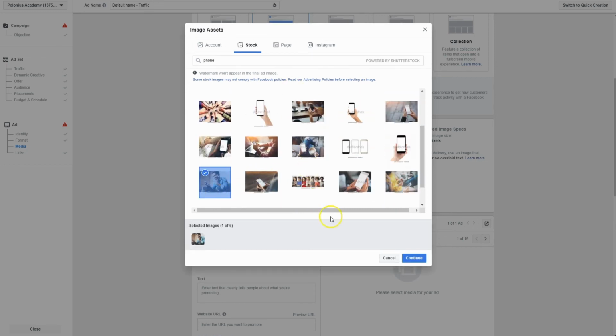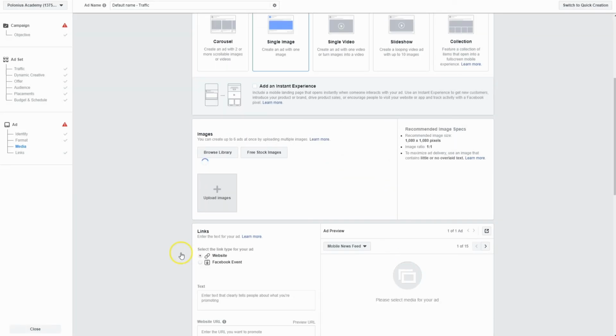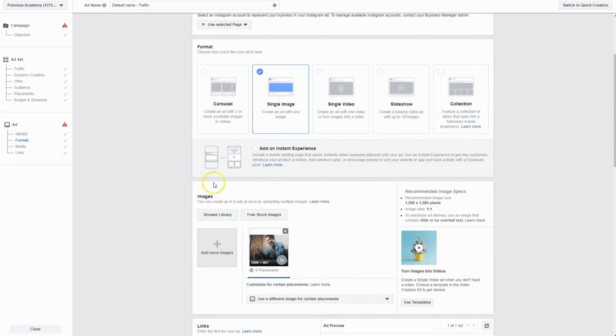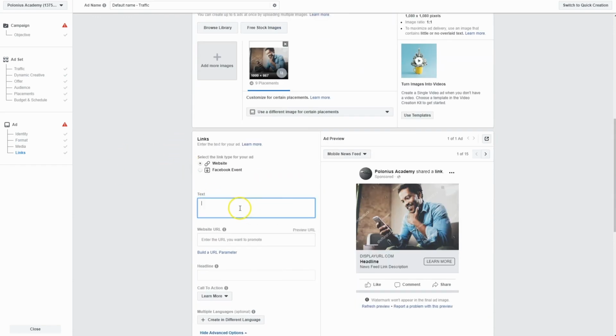There we go. Dude on a phone. That's pretty much all we need. Okay? It's a good looking stock image, and that's really all we need. So let's come on over here to text. I'm going to paste in